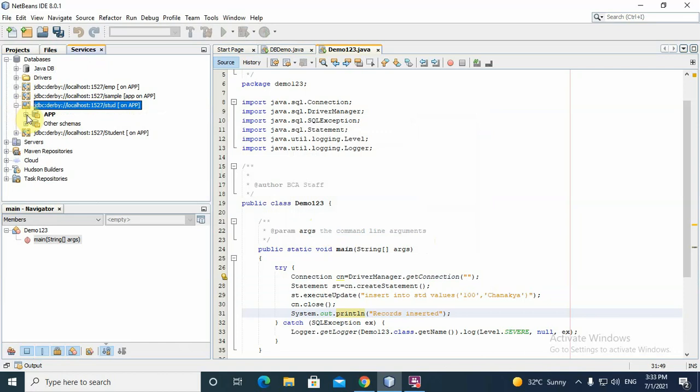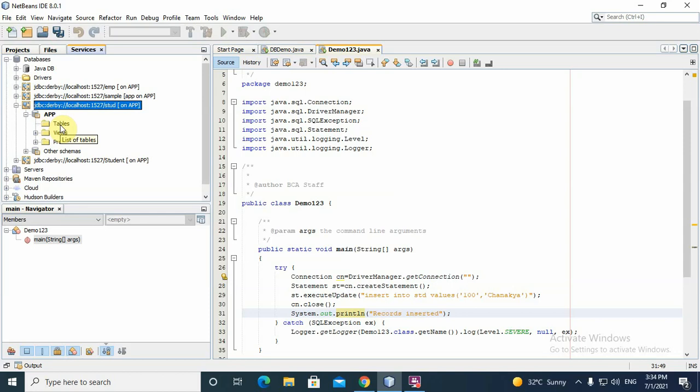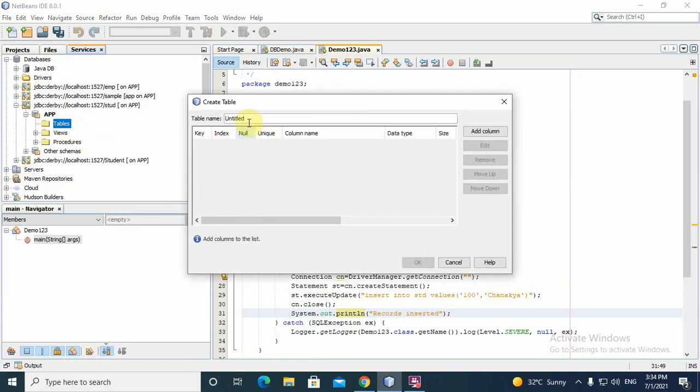It will display the app folder. Under this we have a folder called tables, right click on tables, then select the Create Table option. Then give the table name. For example, database name is stud and table name is std.